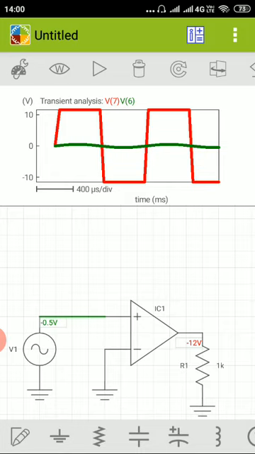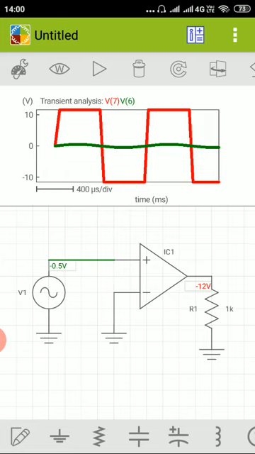Since it is an open loop configuration, for any value of input the output has only two states, that is plus 12 volt or minus 12 volt. In a closed loop configuration, for every value of input voltage the output also changes correspondingly, so that we can observe. That's why we are not clearly able to see the change in the output voltage when the input is changing. I hope you all have understood how to use this tool now.